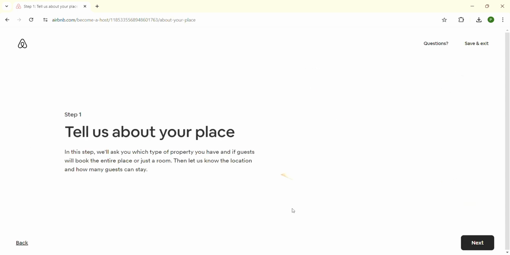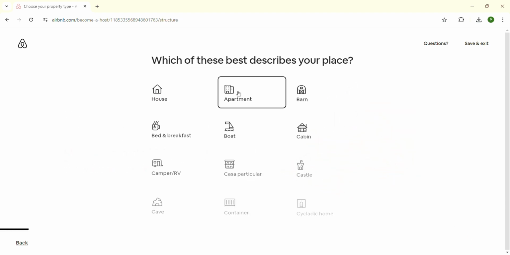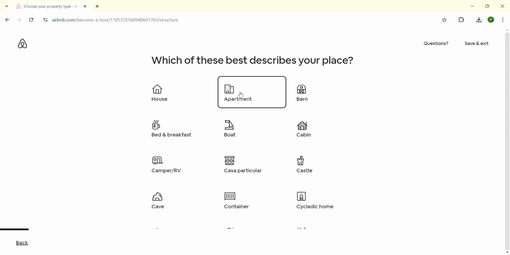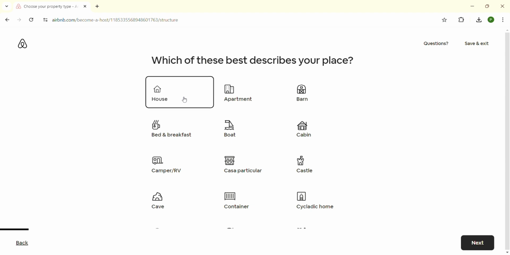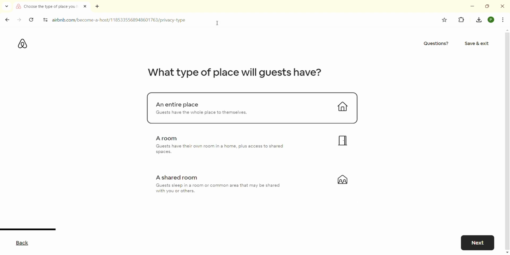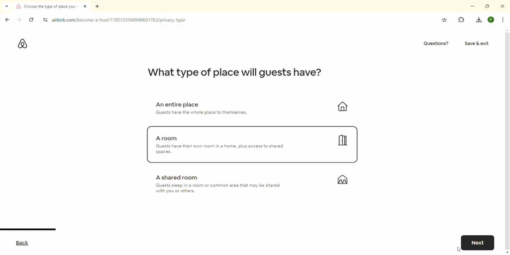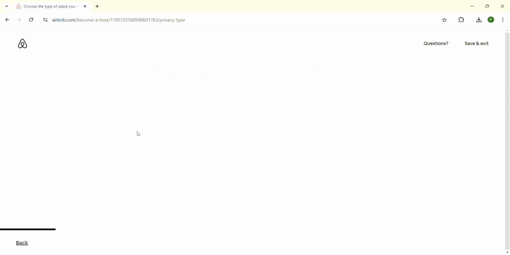Now you just need to describe about your place that you want to rent out, so you just have to click on the next button once more. So we are currently learning on how to rent a room in your house, so you just have to click on the house and click on the next button once more. And after that there are three different options, that is to rent an entire place, a room, or a shared room. So you just have to click on a room and just click on the next button,